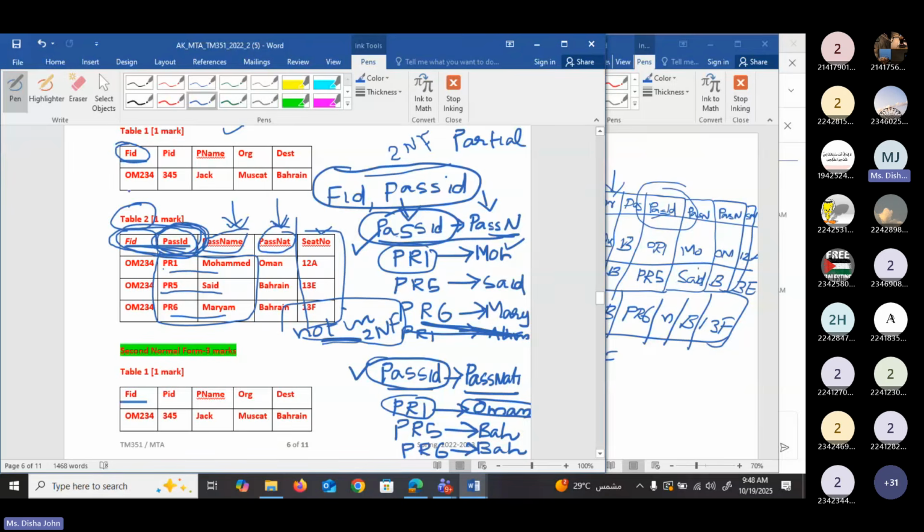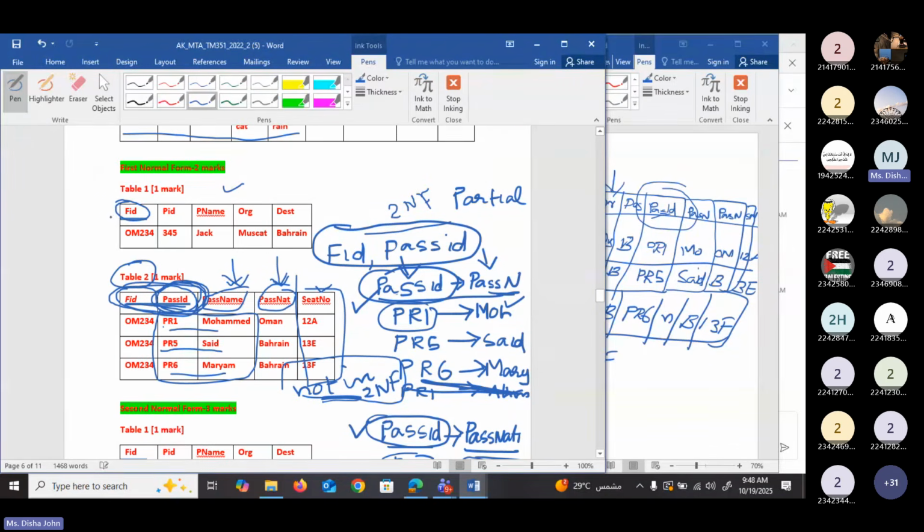So before that, listen, here in the first normal form we have two tables, table 1 and table 2, and I told you table 1 is in second normal form because here the primary key has only one attribute. If it has only one attribute, no need to check whether there is a partial dependency, because it doesn't have parts.